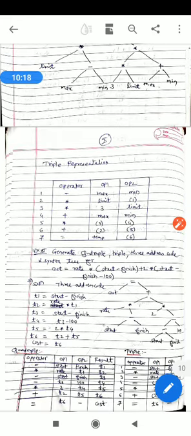In 3 address code, we can use any temporary variables and substitute the values. In quadruples, we write the content as operator followed by operand 1 followed by operand 2 followed by result. In triples, we are removing the result column from quadruples, the remaining content stays the same, but we are not writing any temporary variables in triple format. We just write the equations, that is the step number.